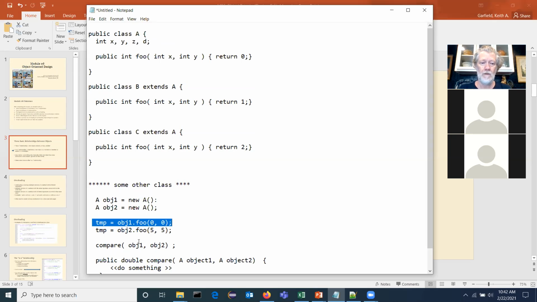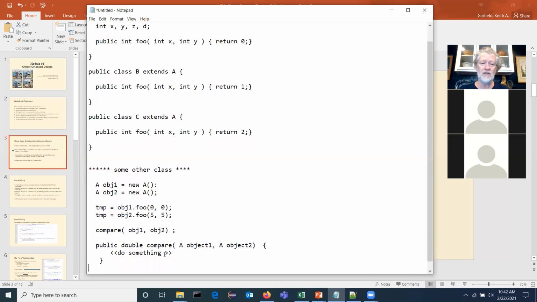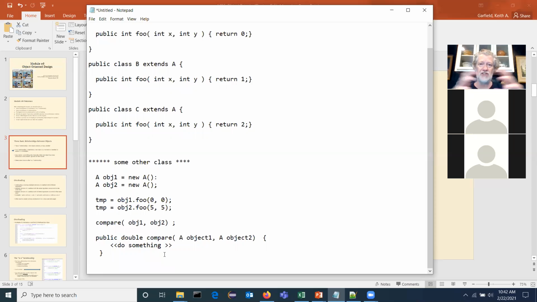Yep. Okay, now I'm going to do, and forget that not everything's there. I want to run the compare method using object 1 and object 2. Does it make sense? Can it work? In terms of what the signature says it needs, did I give it what it needs? What does the signature for the compare method say that it needs as input?